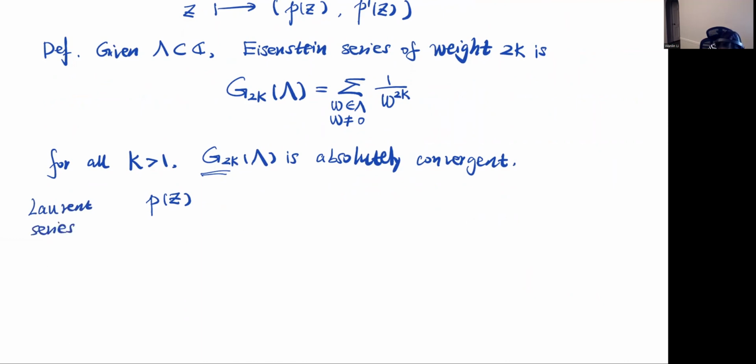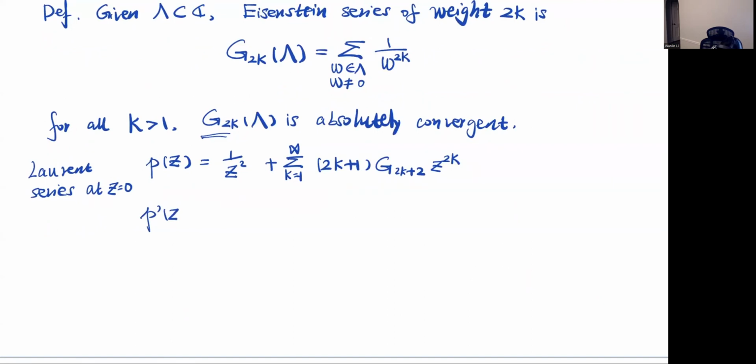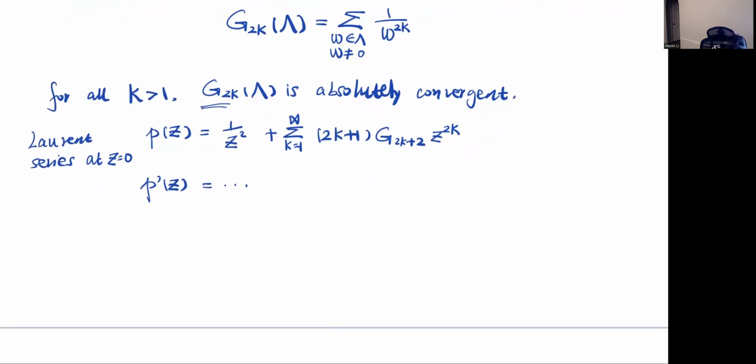The Laurent series at z equals 0 for the Weierstrass ℘ function is given by 1 over z squared plus the sum over k from 1 to infinity of (2k+1) G_{2k+2} z^{2k}. We can also consider the Laurent series of the derivative, which you can compute. Then here comes a very important point: the only